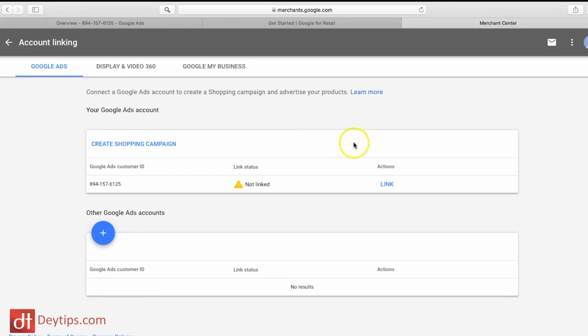And I can actually link my Google Ads account that I've just created. Now it should automatically show you your Google Ads customer ID number that we've generated, because we've already created a Google Ads account. So as you can see up here, my Ads customer ID is up there,